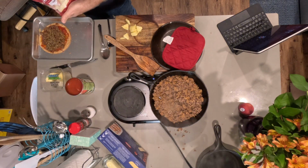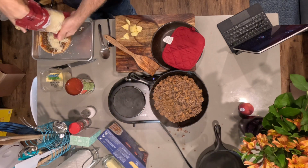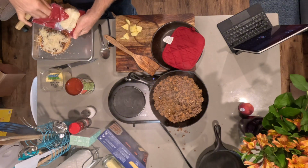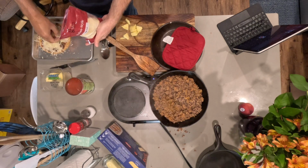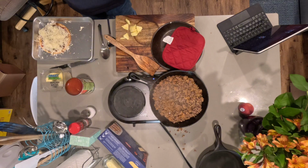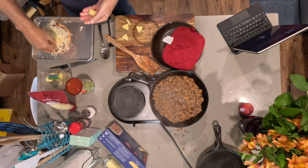Let's put some cheese on that puppy. And we're going to have pizza here in a few minutes. That's probably good enough. Okay, let's go ahead and put some